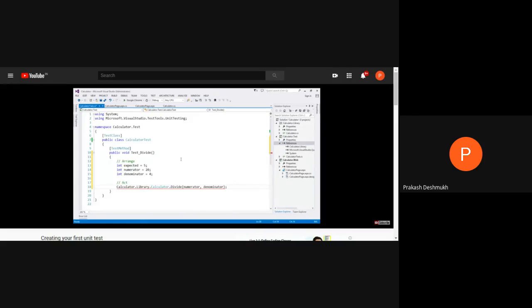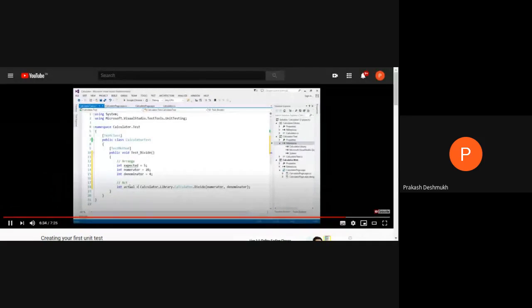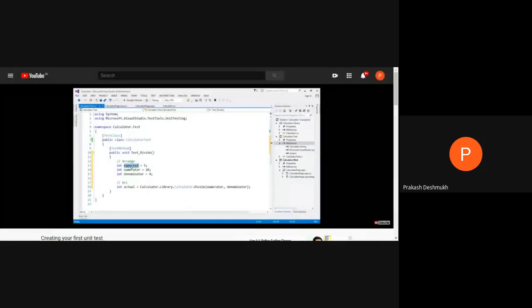This method is going to return an integer value, and I'm going to store that return value in another variable, and I'm going to call it actual. So we get the actual value when those 2 numbers are divided in this variable, and we have the value that we are expecting in this variable. Okay, so finally, within our